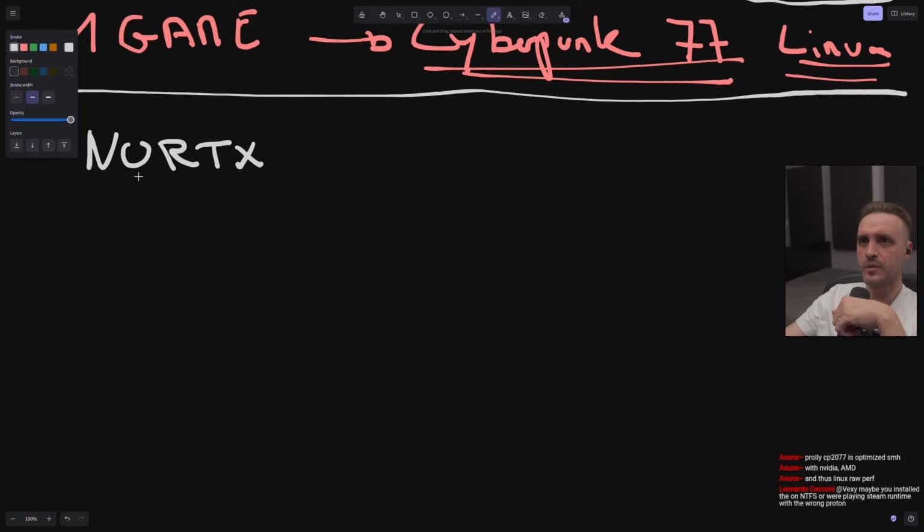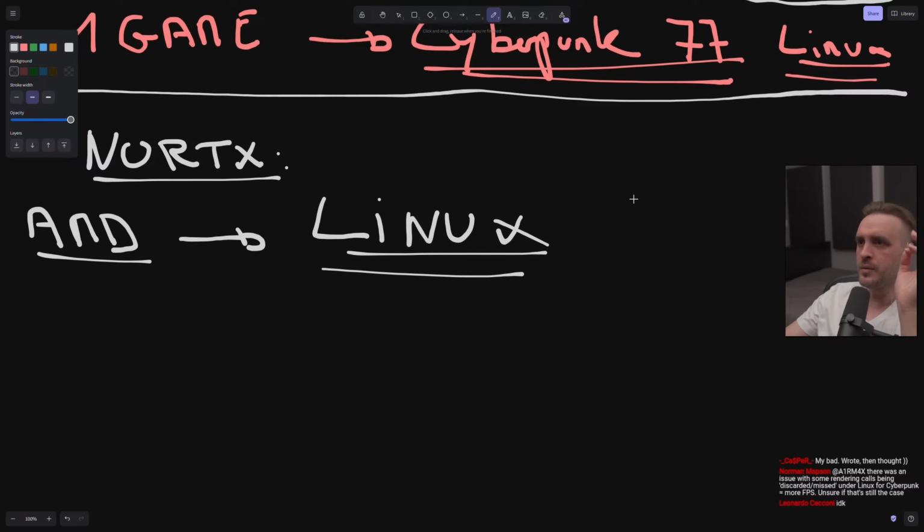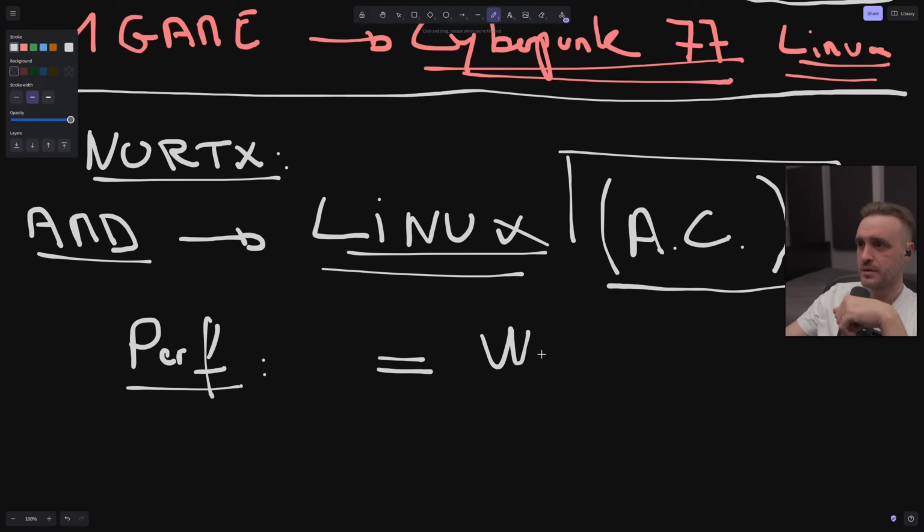Okay, no RTX. For ray tracing, we're gonna call it RTX. If there is no RTX, you don't care about RTX, then it's a totally different story. If you have an AMD card, you go Linux, all the way. The only limitation you're gonna get is anti-cheat. In terms of performance, you're gonna be on paper equal to Windows 11